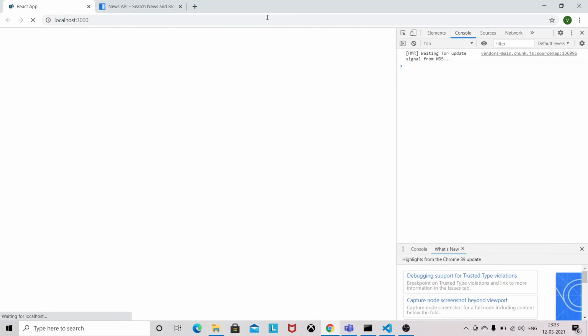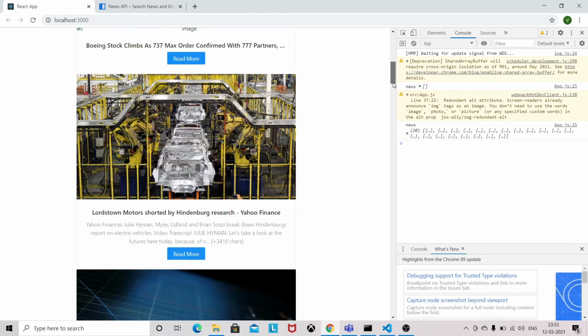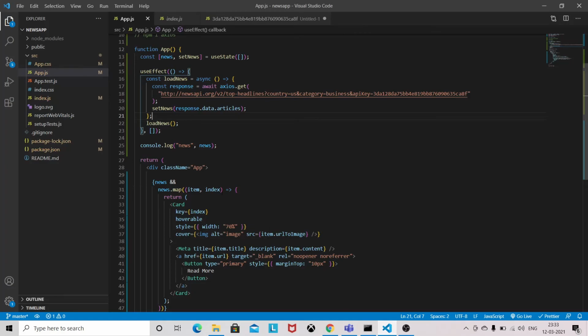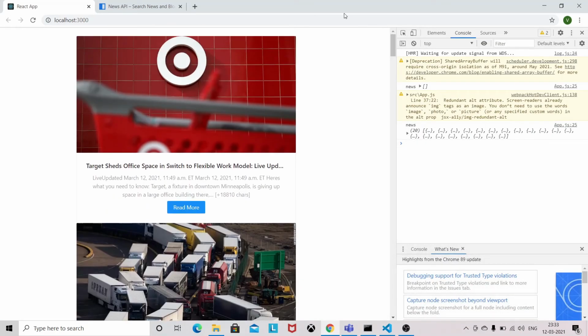Okay, so we are able to display the news. Some of the images are broken in the API, so it will show whatever alternate text you have written here. News will be changing every time, I guess.